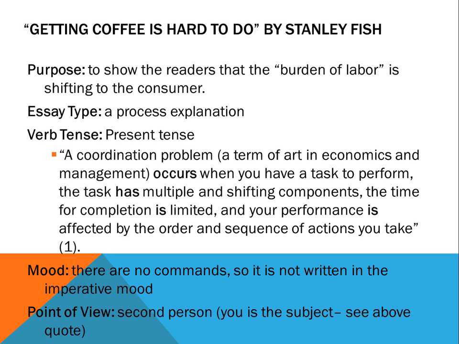So all of that is being compared to this huge coordination problem of getting coffee, right? So you used to go into a diner, sit down, order, and there you go, coffee right in front of you. Now it's a coordination problem with a lot of little components that you have to put together. Once you have your coffee, then it's more components that you have to put together. Then we get to paragraph 12, and paragraph 12 is really where we see the purpose that he's trying to tell us. And this is where he talks about the burden of labor. He says,